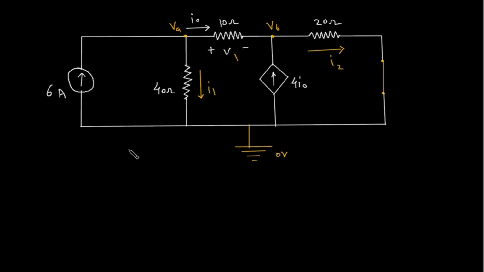Now we will apply KCL at node VA. The summation of all the entering current at this node, 6, is equal to the leaving current, I0 plus I1. 6 is equal to I0, which is VA minus VB by 10,